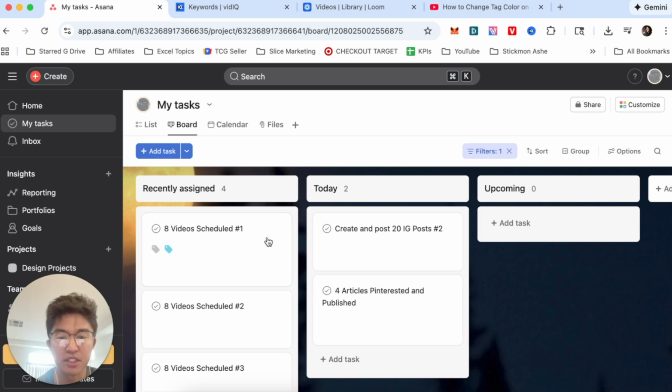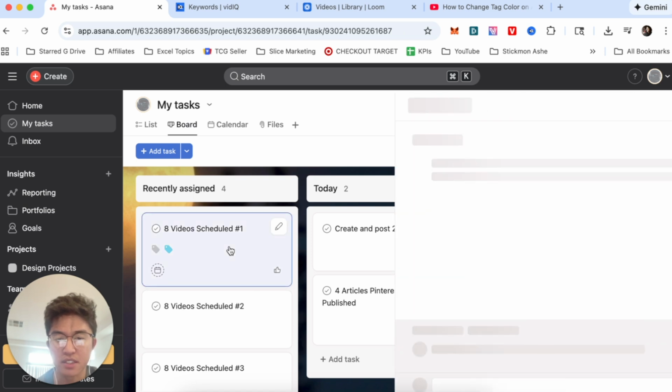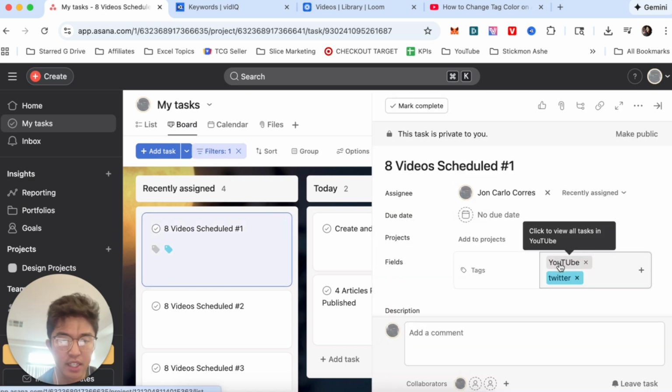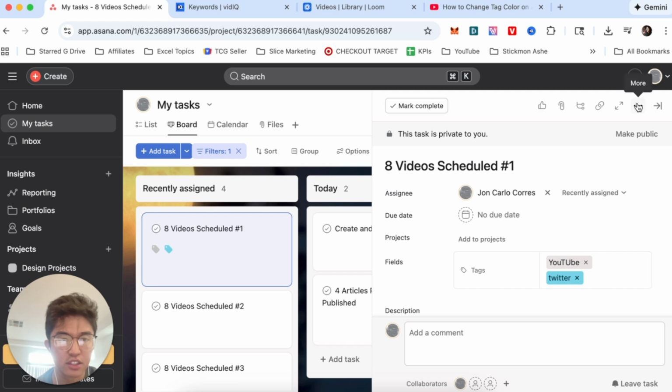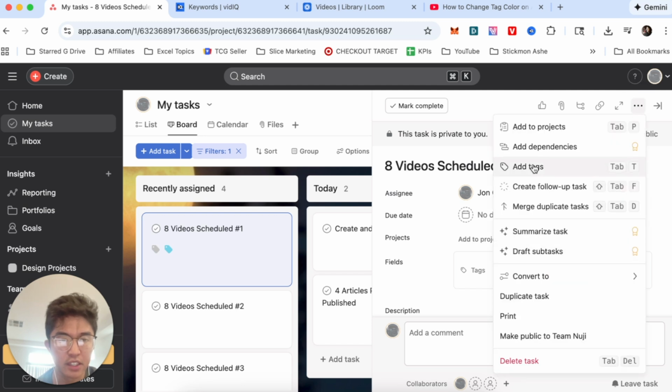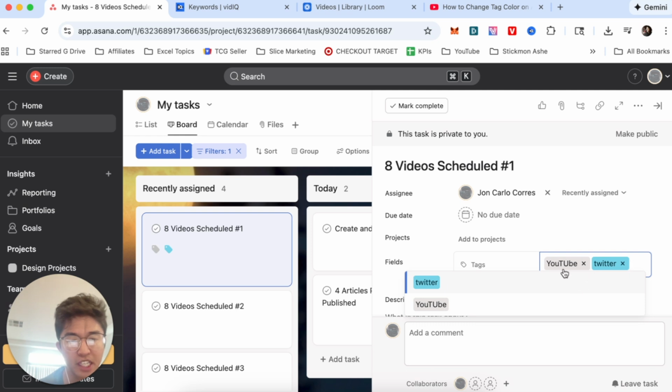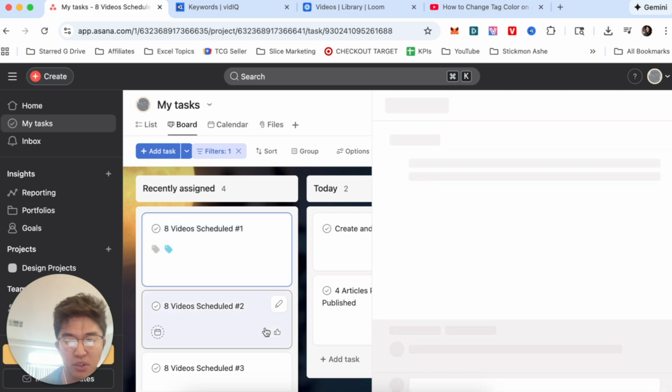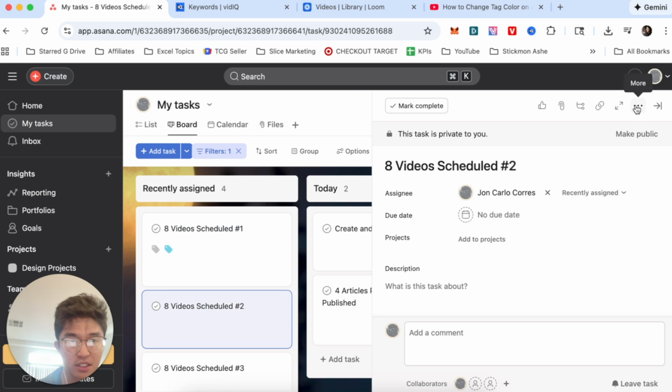Now, in order to do this, what you're first going to do is log onto Asana. Next, click on one of the tasks, and then let's go ahead and click on one of these tags. Next, we're going to click on these three dots on the upper right-hand corner, and then click on Add Tags. So as you can see, we've already added tags to this one here, but if you want to add a new tag, we'll go to a different task, click on the three dots, click